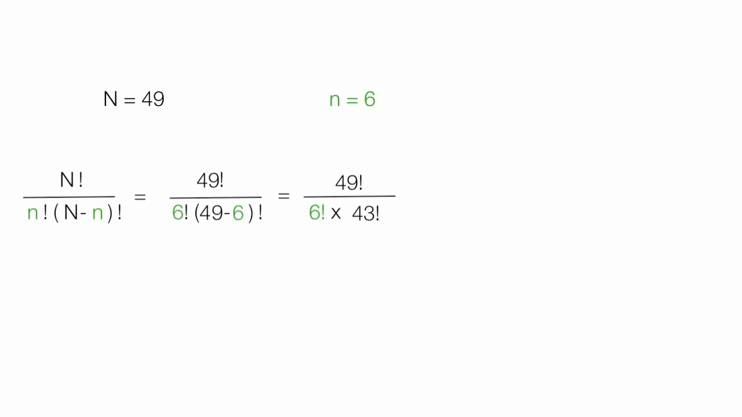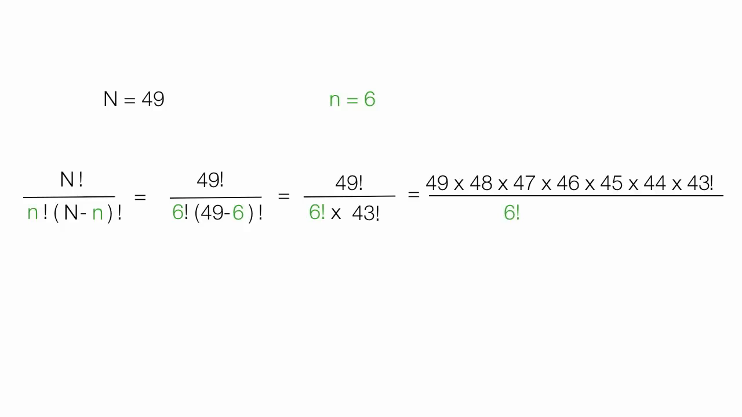Now I could pound this out in a calculator, but I'm going to simplify it first. You don't have to, but I'm going to show you how to simplify it. So this all equals 49 times 48 times 47 times 46 times 45 times 44 times 43 factorial divided by 6 factorial times 43 factorial. The 43 factorials cancel. Now if I multiply out the numerator, I get 10 billion and something